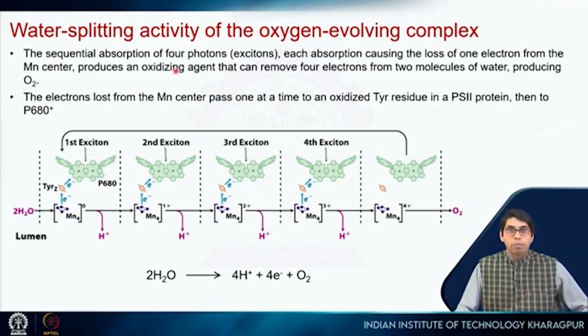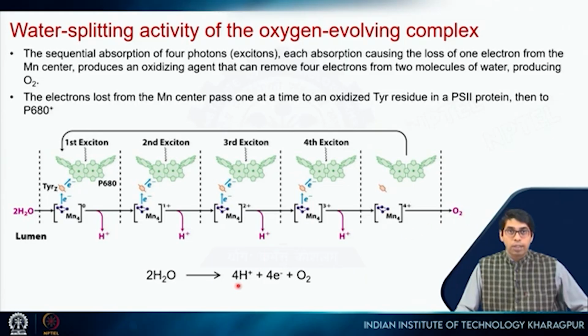So, the sequential absorption of 4 photons, okay. So 4 photons are absorbed here, one in each step. Each absorption causes the loss of 1 electron from the manganese center, right? So you can see that it goes from 0 to +1 to +2 to +3 to +4, right? It goes through these different oxidation states, and it produces an oxidizing agent that can remove 4 electrons from 2 molecules of water, producing oxygen. So 4 electrons are removed from 2 molecules of water, resulting in the production of 1 molecule of oxygen